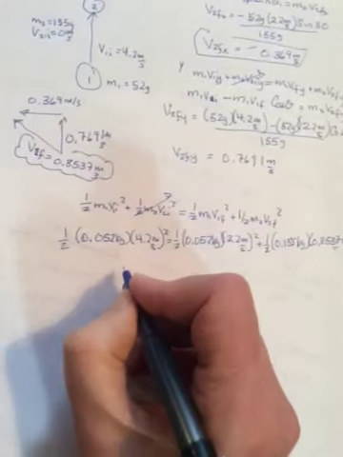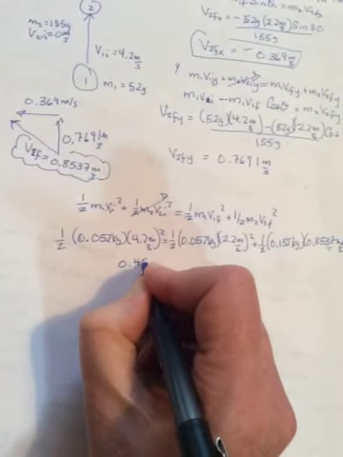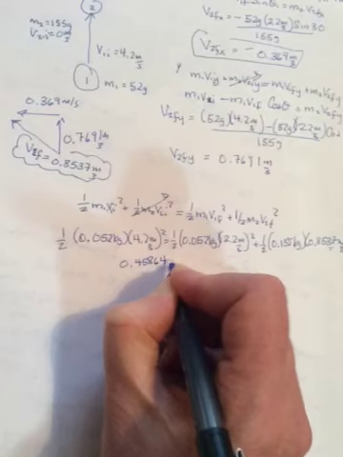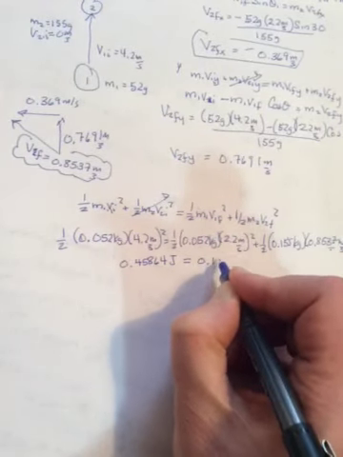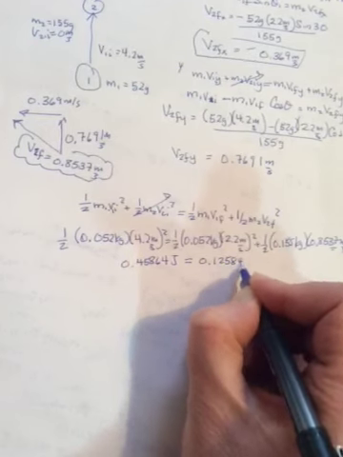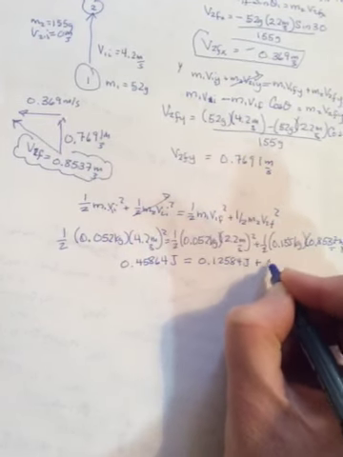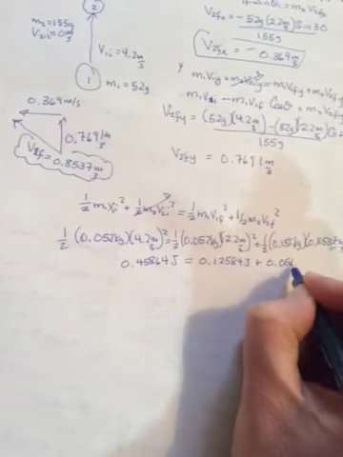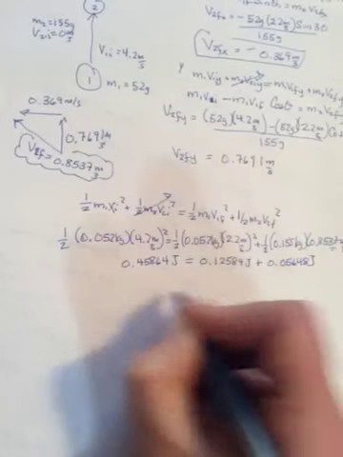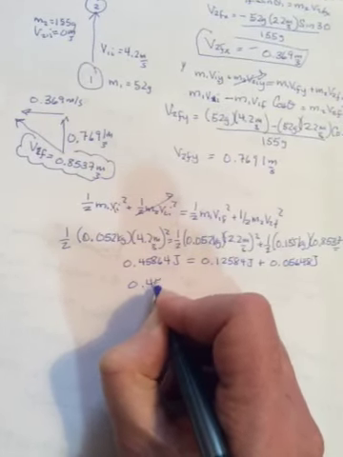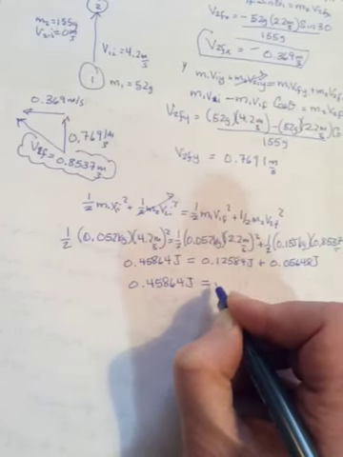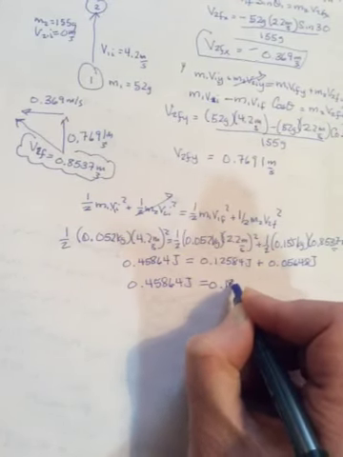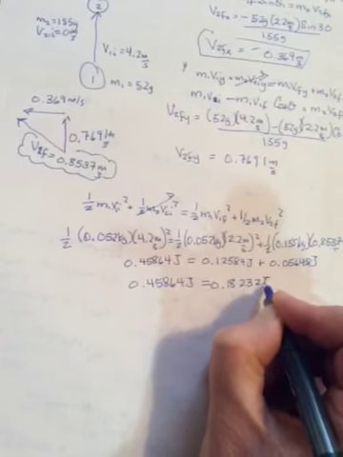Okay, so when you do this on this side, you get 0.45864 joules. First term on the other side, 0.12584 joules. And second term, 0.05648 joules. So 0.45864 joules initially, and when you add those up, 0.18232. I don't think they're